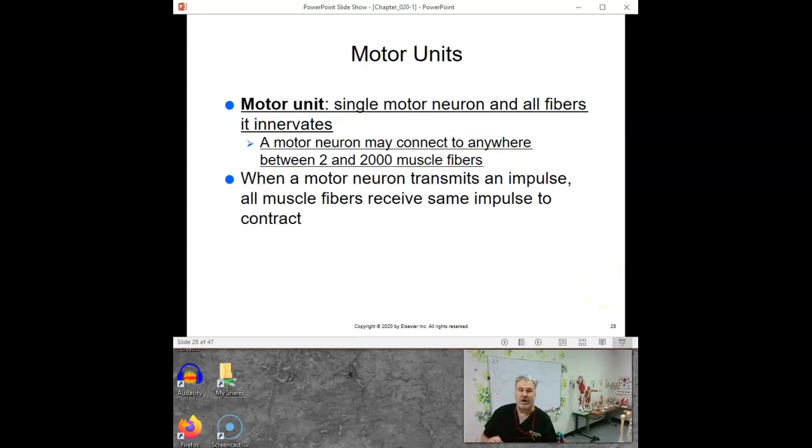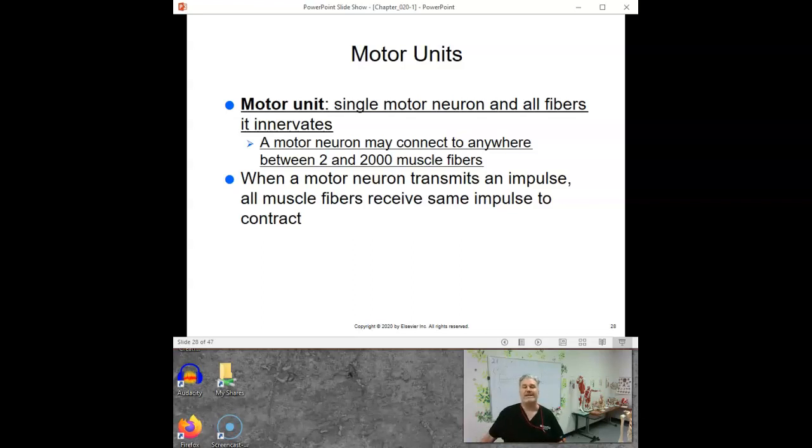So I already talked about this, but I said those neurons, the wires, they really are wires. I mean, they're not wires made out of metal, but they really are wires in the sense they really can send an electrical impulse, and they're sending information. The motor neurons that go to your muscle fibers, they go to what are called motor units, which are just groups of these fibers, and those groups could just be 2 fibers, 20 fibers, 200 fibers, 2,000 fibers.